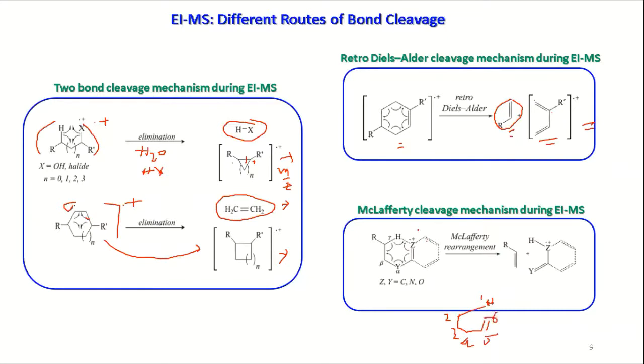So you look at the environment. You have a double bond, you have a Z, so dot plus. That dot can take the hydrogen and generate a radical here, and that will facilitate the fragmentation. So you have a neutral molecule coming out, a dot plus generation here, and this can further undergo fragmentation. So these are the different routes of fragmentation. We have to look at the molecule to see which routes are possible, and based on that, we do the calculation.